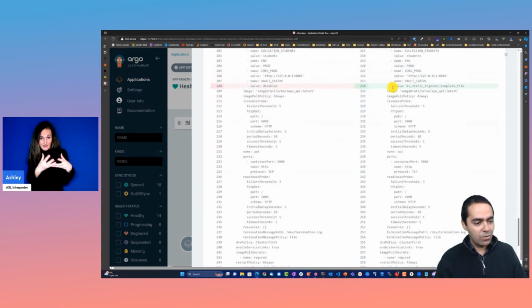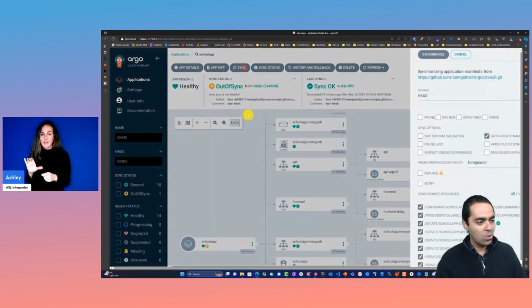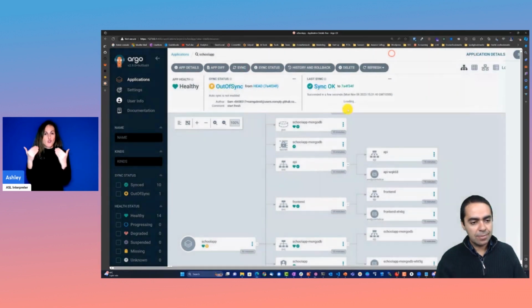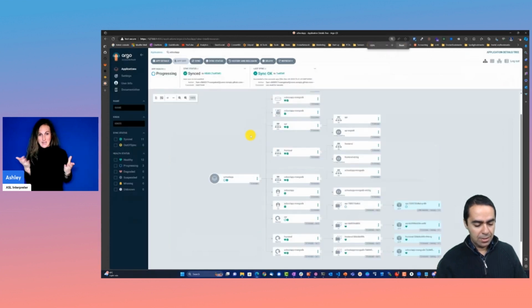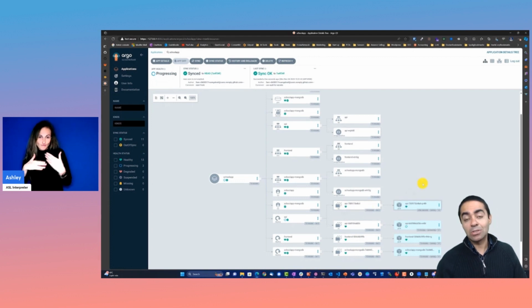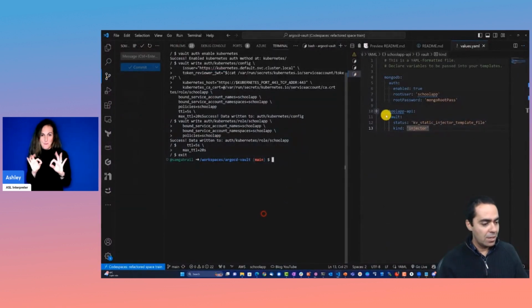All right, what else? Vault status from disabled to KV static injector template file. And that should be good to go. We can go ahead and sync that, synchronize. And from here, we'll wait till the API gets recreated. And if we go into the logs of the API, which we'll do in just a minute, and this is complete, we'll see that now we're using the agent injector. So let's go ahead back in here,